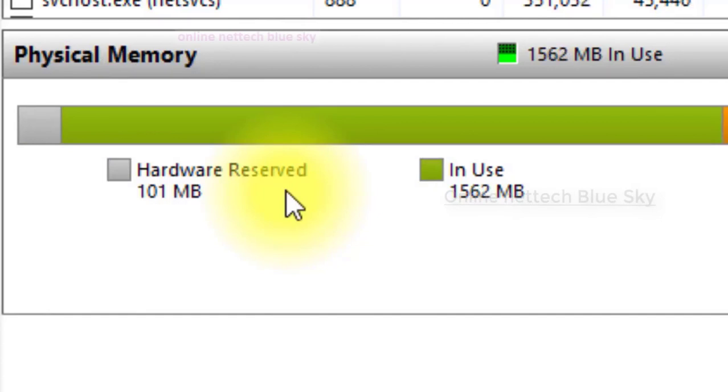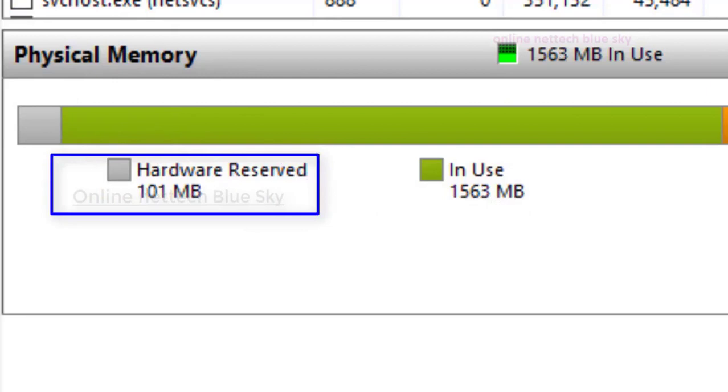Why is that? Because hardware reserved means all of your main physical system, physical devices, and the main computer files are stored and fixed in your memory by the company that makes the memory. So this is automatically hardware reserved by the company, not Microsoft, and this software is available in your computer.